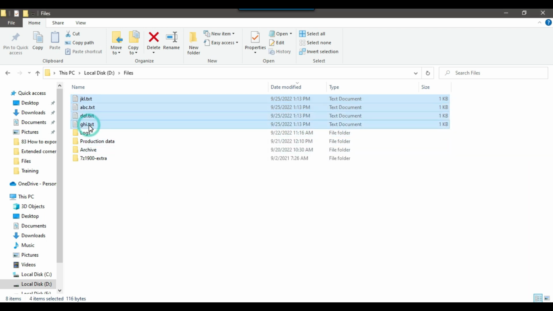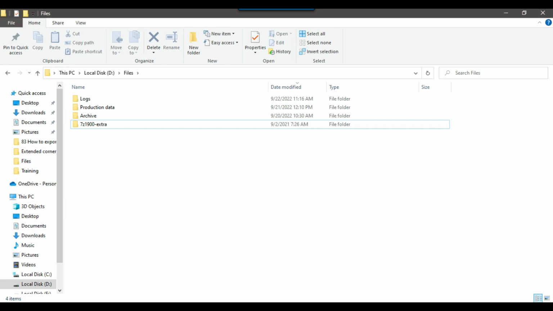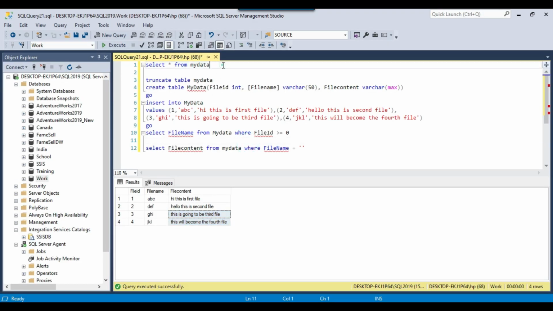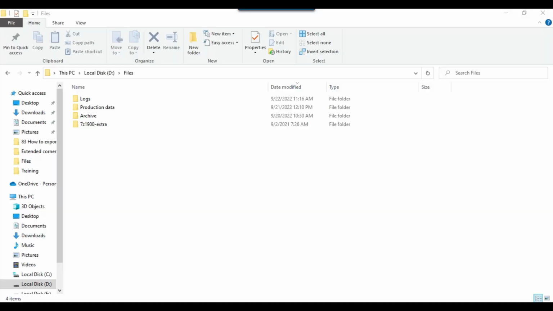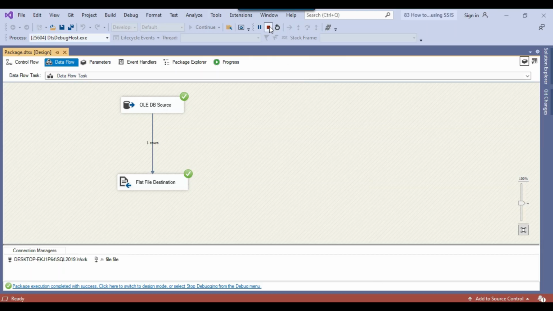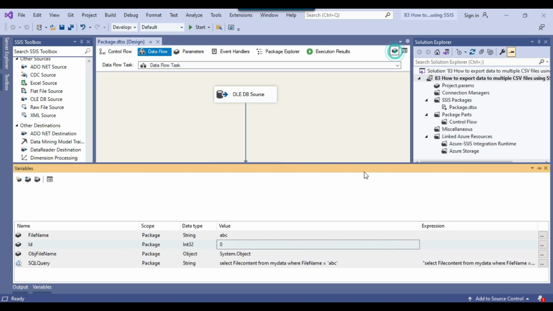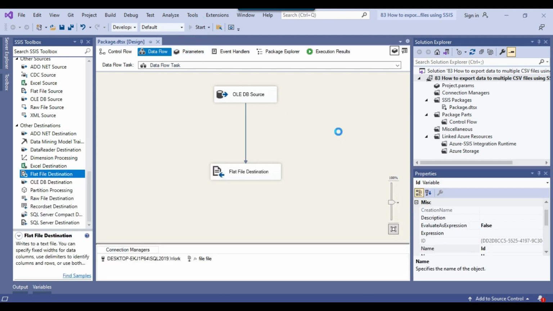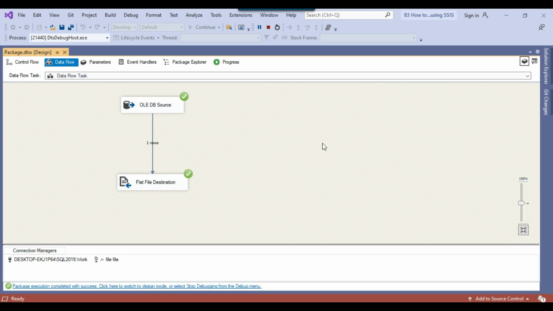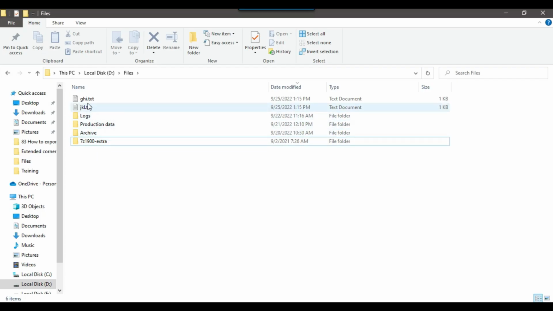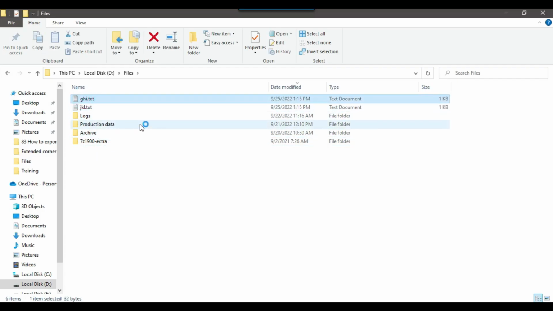So let me just remove all the files from here. Now if I go back to the SQL Server table, and suppose I pass the value as 3, then it should generate 2 files. So I can pass the value as 3 here. So now you can see that it will export the data to 2 txt files, okay. So I can go back to the SSIS package, and then under the file ID I can pass the value 3 here, okay. And now let me execute the SSIS package again. So the package ran fine and it generated only 2 txt files like this one.